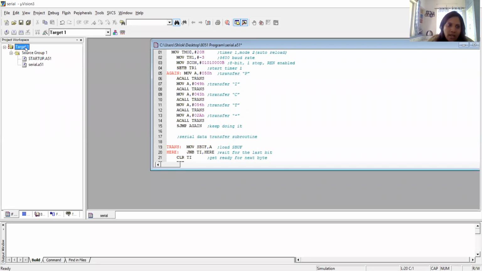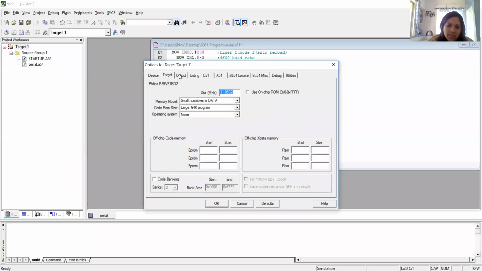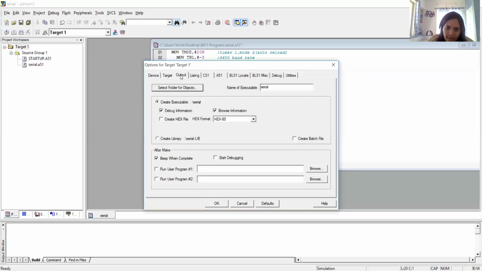Here in the target options, there is a window called output, and in output there is an option called create a hex file. Just click on this option and say okay. You can change the executable file name, but by default the project name is taken for your hex file.